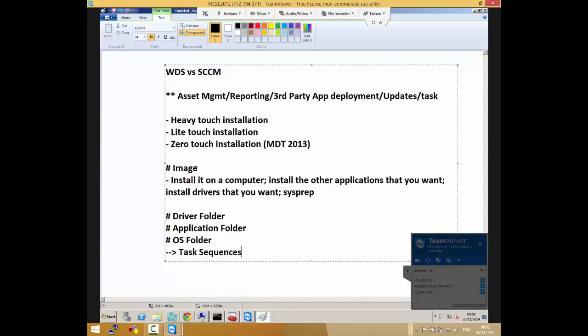So task sequences will be like, if you want to deploy an OS to this computer, this time around you're not deploying everything to a computer then capturing everything again. What you're basically doing is saying, I have all these things organized in an application, and then you're telling the computer, first of all, install the OS. Then after installing the OS, go into the application folder, and I want you to install Java, install SAP, install something else, install Office. So you've not installed them before and then captured the image.